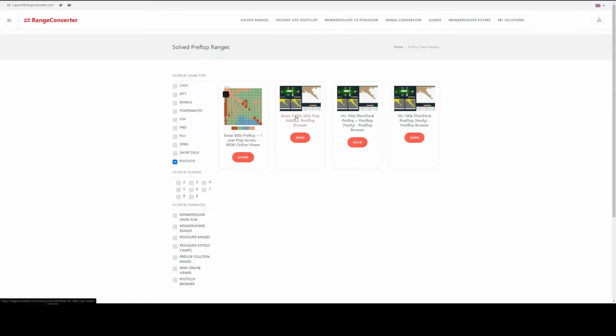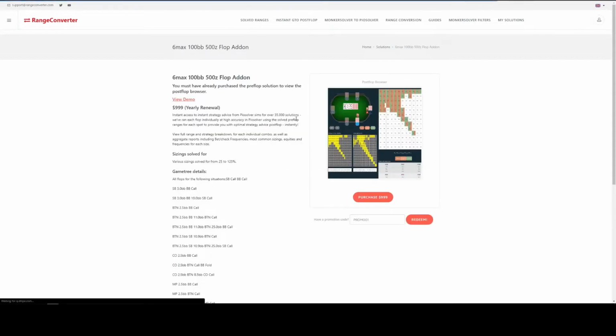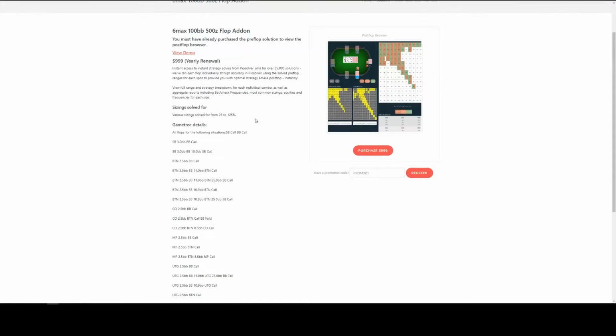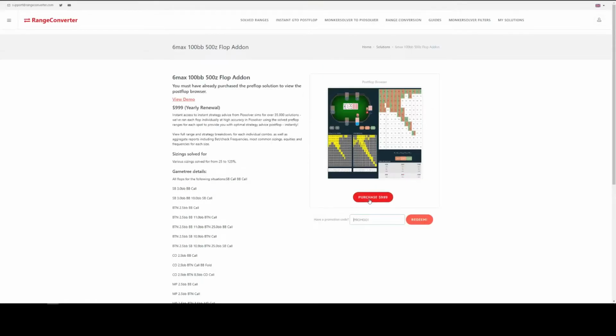and let's have a look at the 6 max here. So we just clicked on that and we're taken to the details here, and to purchase that we either enter a promotion code and click redeem here, or if we don't have a discount code, we just click straight on purchase, where we get taken to the purchase page where we fill in our card details or pay via GPay.